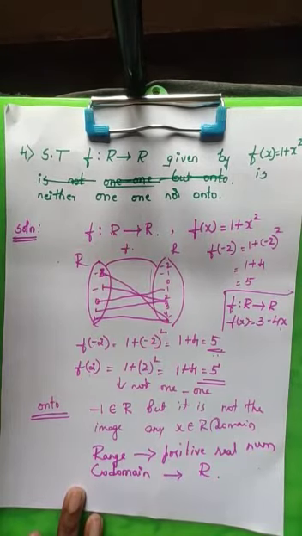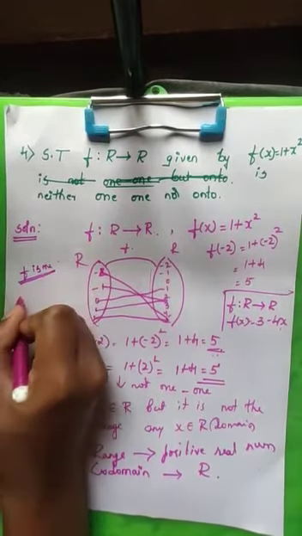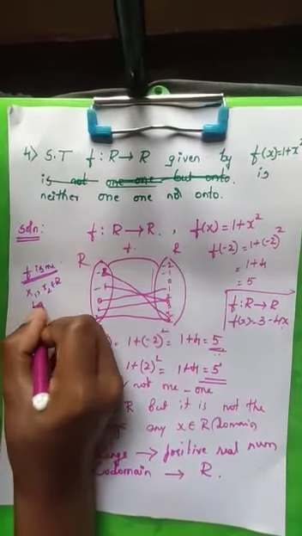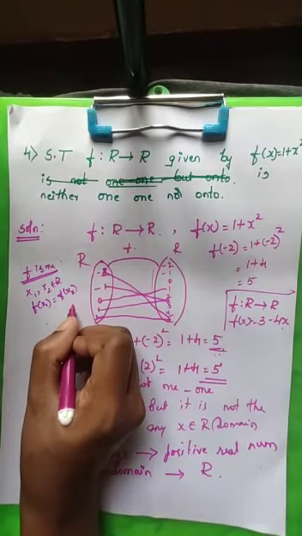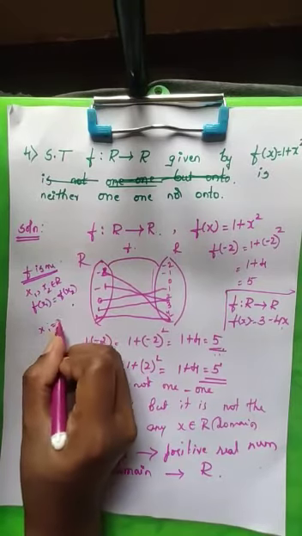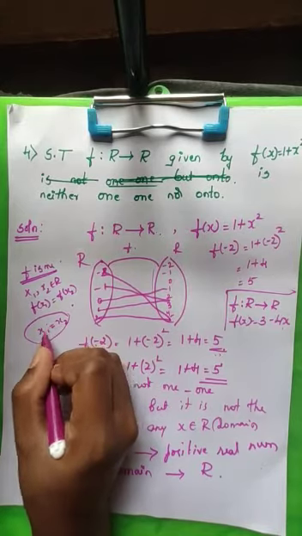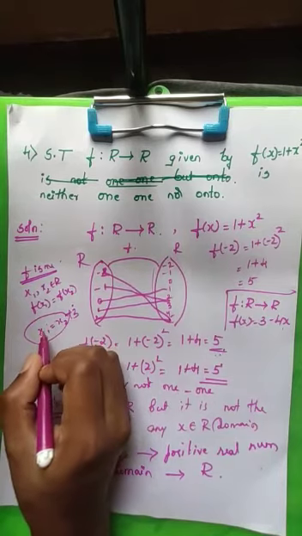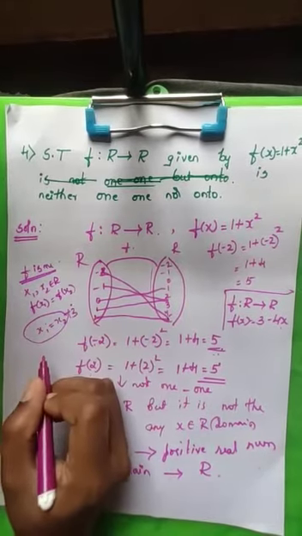Whenever they say you have to check whether a given function is one-one or onto, go for the general form. For a one-one function, you have to take two distinct elements from the domain, assume f of x1 equals f of x2, and write out f of x1 and f of x2. If somewhere you get x1 equals x2, then you can conclude that the given function is one-one. Otherwise, suppose you get x1 plus x2 plus 3, something like that, then it is not one-one because we did not get x1 equals x2. So the given function is not one-one.